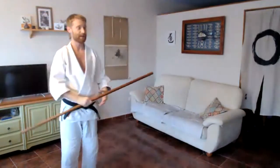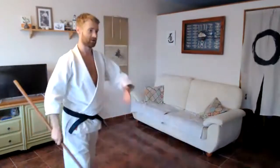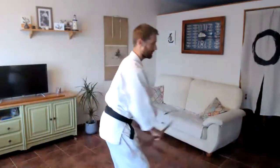So the jaw is traveling in a circular way with this movement, but let the body really travel through that front hip. And it's the same with the other one, where there's a tendency to let the body follow the jaw, but really allow the body to travel forward as you go, and let the arms stay loose, so that you can find that rotation through the jaw. But just play with these two moves,